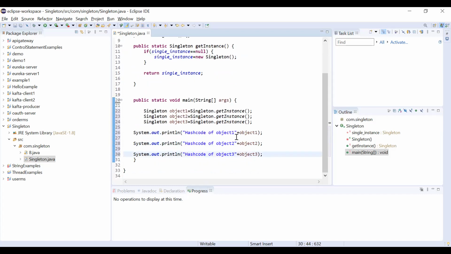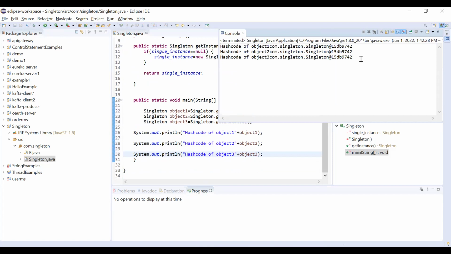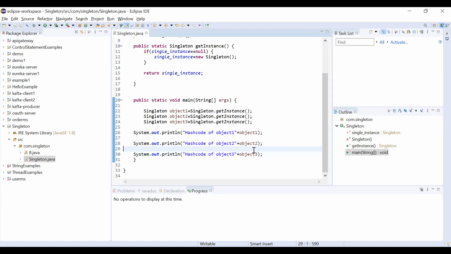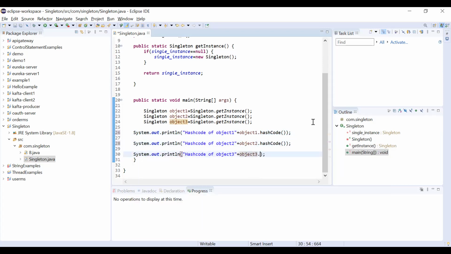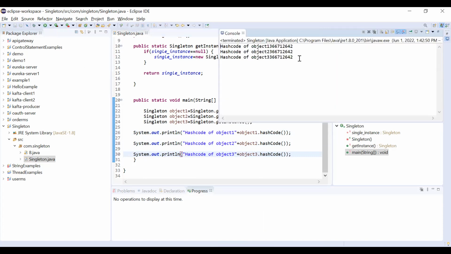Let's run this code. It gives the complete object, but we actually require the hash code. So we are calling hashCode on each object that was created. Now we are executing the hash code of object 1, object 2, and object 3. Let's run this application.